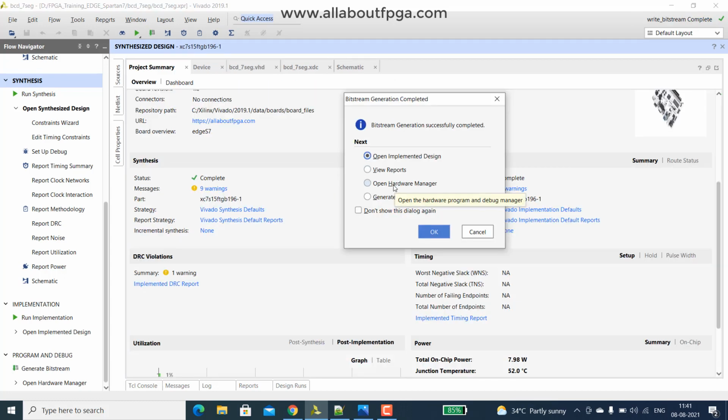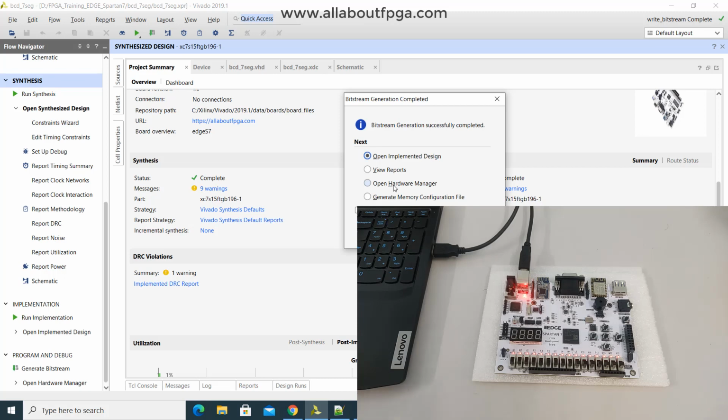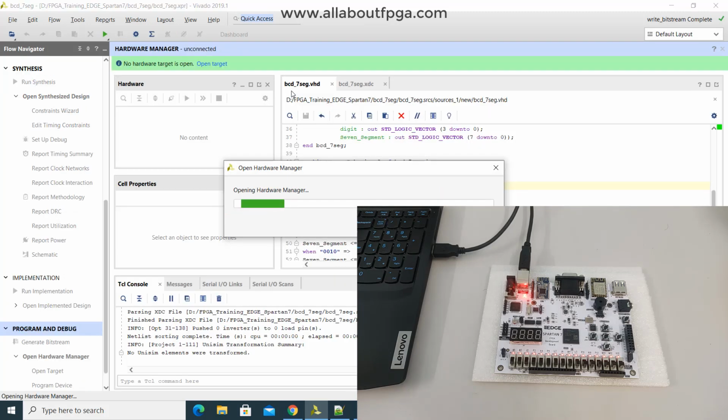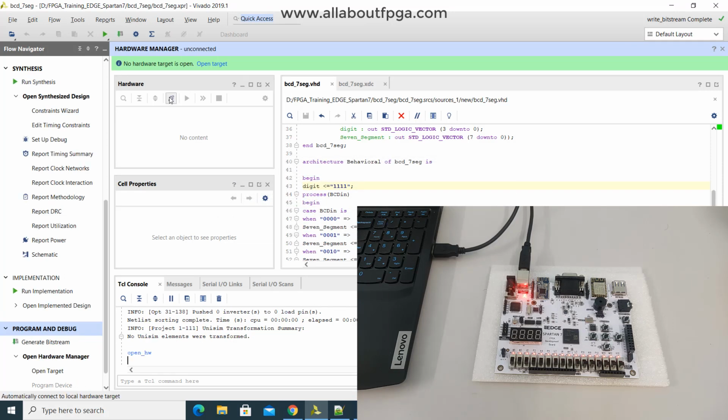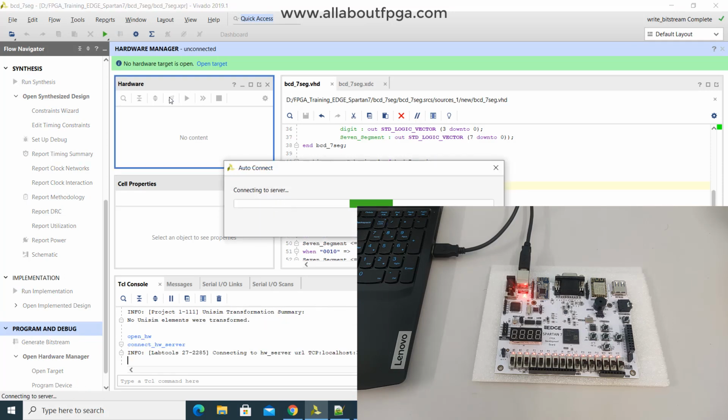Now what I do is I turn on the kit first. So I turn on the kit and open the hardware. Auto detect.